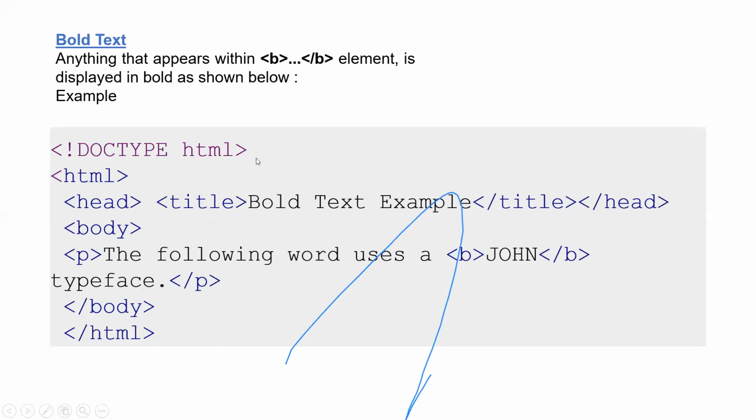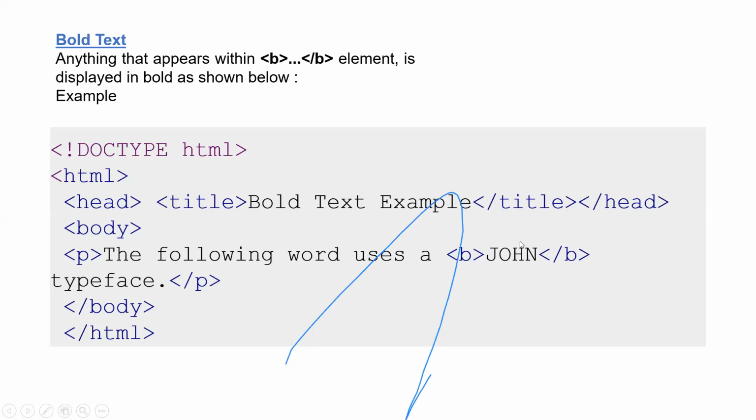Doctype HTML. Next we mention our head tag and title tag, writing some text here: bold text example title. Then close the title, close the head, then body. After the body we specify the paragraph. In the paragraph the following word uses B for bold.